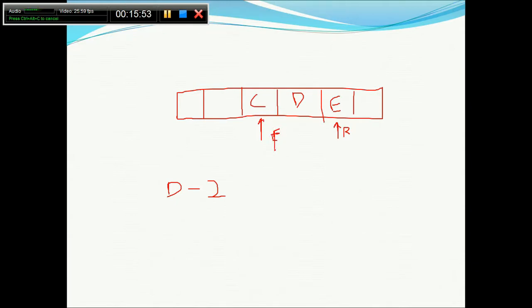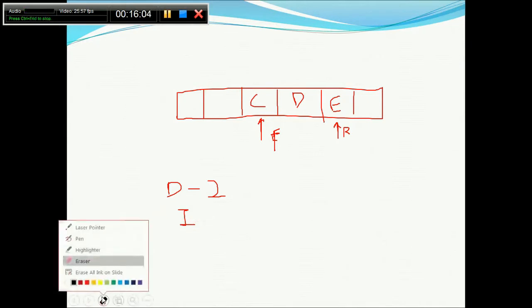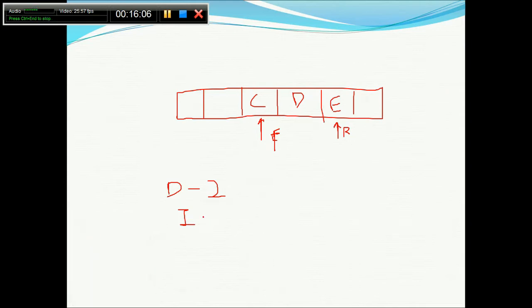Now after this, suppose I want to do one insertion. Okay fine, I can insert. So I inserted F, and then the rear will point to the index where we recently inserted.